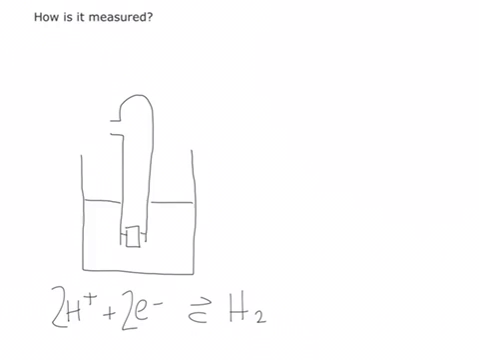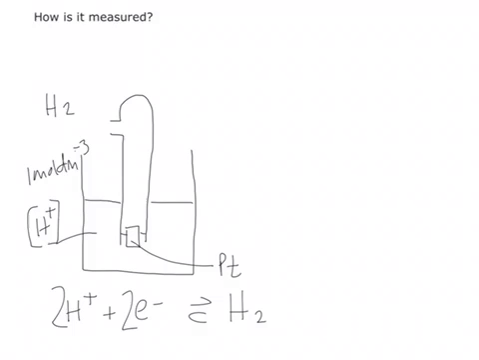So what there is, is platinum here. Platinum is used as it's unreactive, and it will actually catalyse the equilibria between the hydrogen ions, which will be present in solution, and these will have to be a concentration of 1 mole per decimetre cubed, and the equilibrium between this and hydrogen gas, which will be